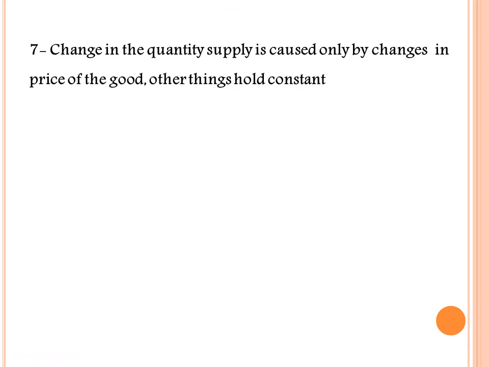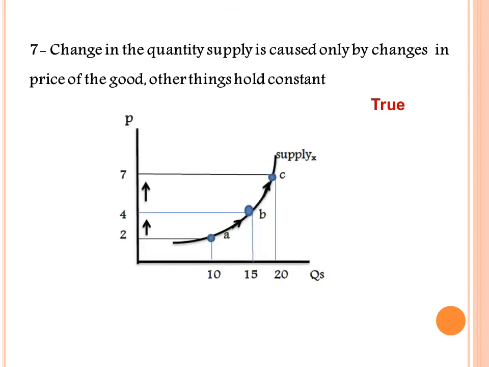Number 7, a change in the quantity supplied is caused only by changes in the price of the good, other things held constant. This sentence is true. We know that there is a positive relationship between the price of the product and the quantity supplied of that product. This is called the supply law. So when the price of the product increased,